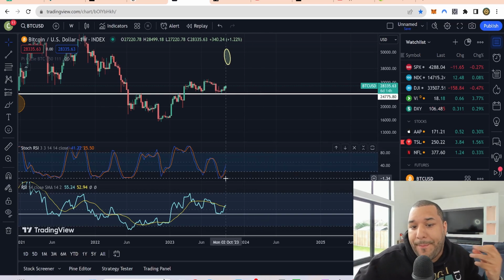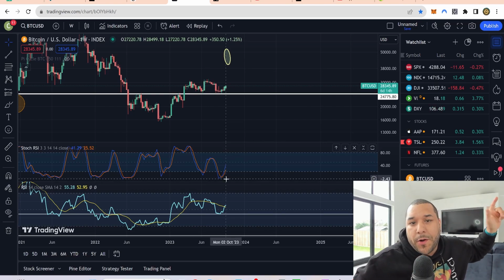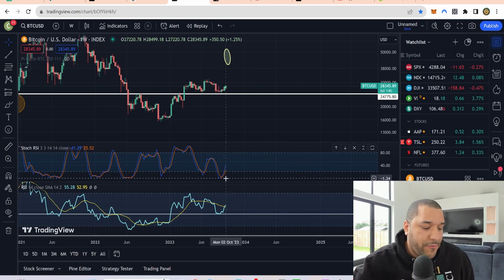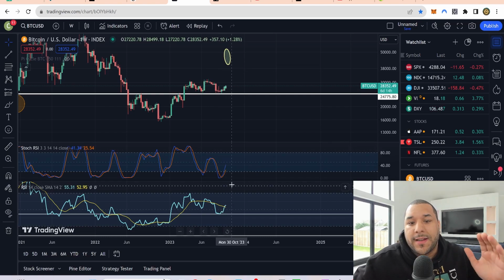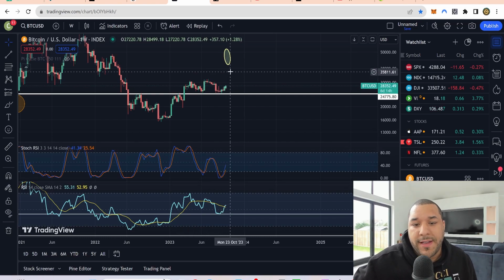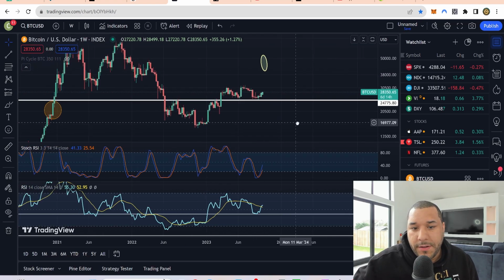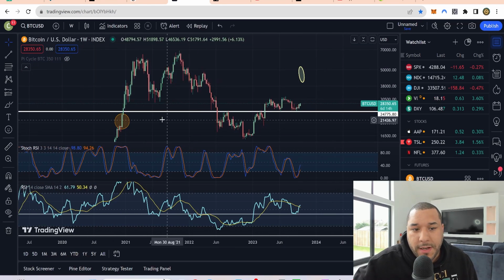People are going to want to buy. They're going to feel like they've missed the opportunity to buy at a cheaper price, right? So you're going to see that come up. You're going to see this RSI start to come back up, which is going to cause the price to come up as well. Right, so you can see here, this was the support that we wanted to hold support on,